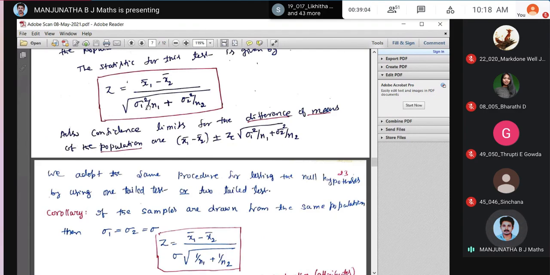What is it at 5% level of significance, at 1% level of significance? You have to observe that. So sometimes what happens, we accept the hypothesis at 5% level, but not at 1% level. Or in both the cases we accept, or in both the cases it may reject, right? Because that z value is not within that range, at both the 5% level and 1% level.